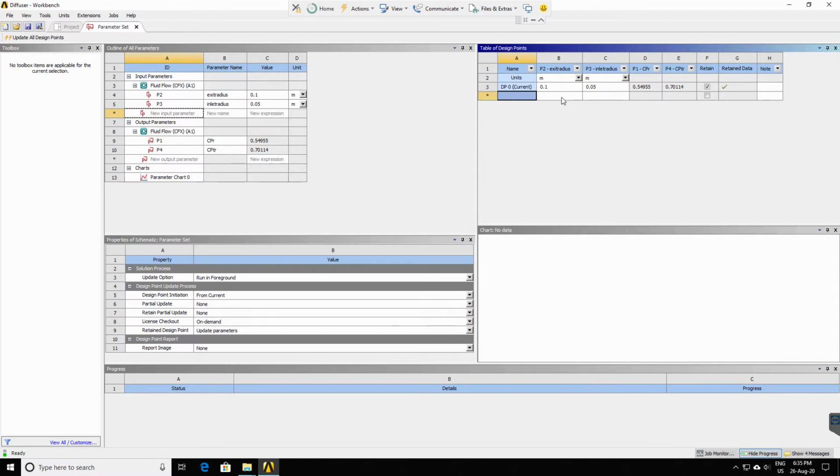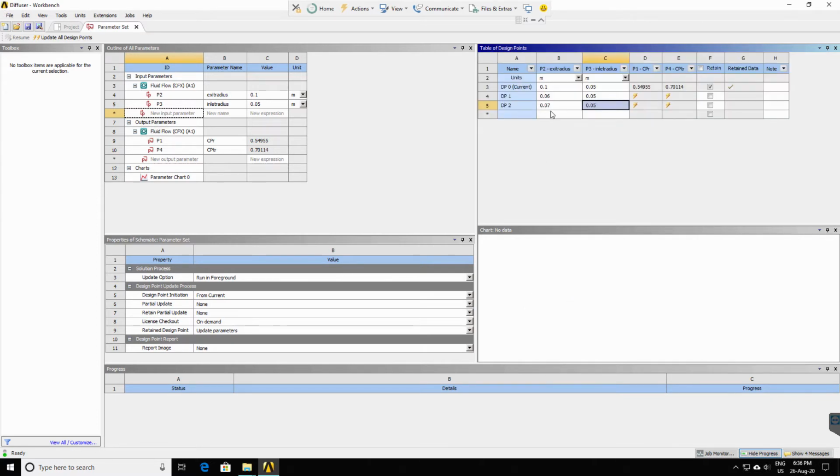So the idea is to keep the inlet radius constant, and we change the exit radius, and based on these two parameters will be changed. So here we start from 0.06, and since inlet radii is 0.05, the exit radii will always be greater for the diffuser.